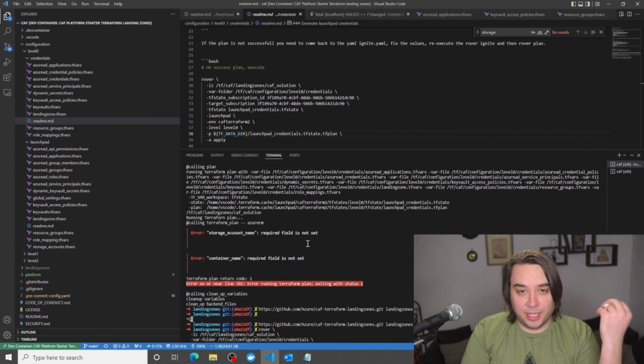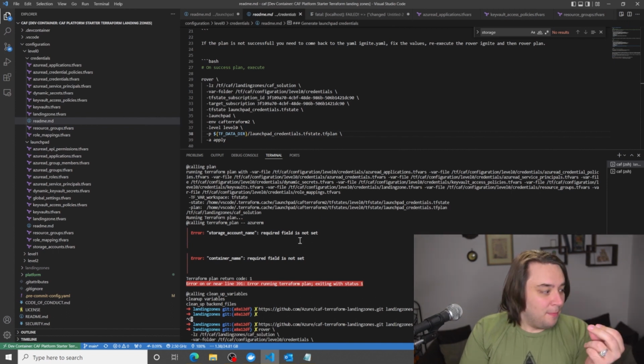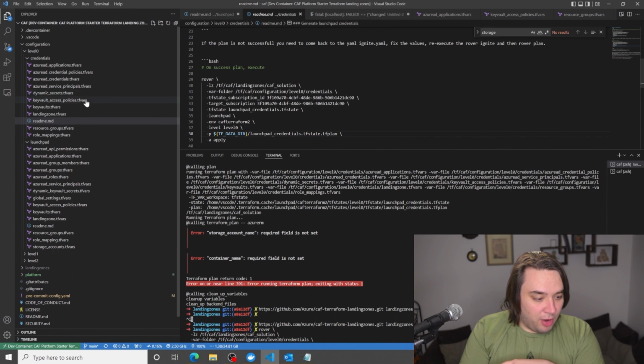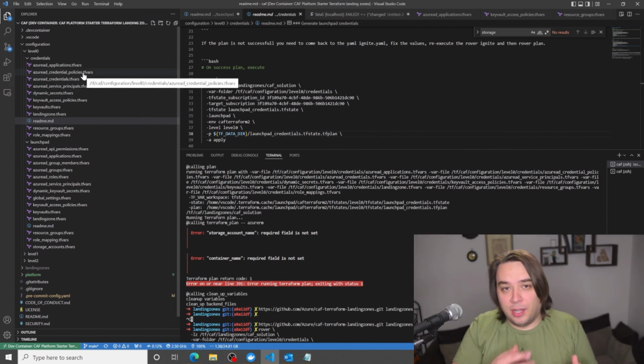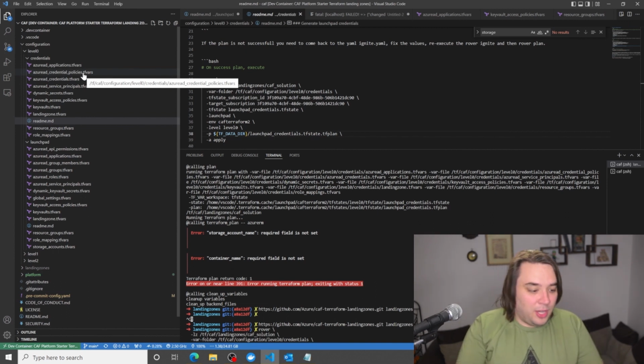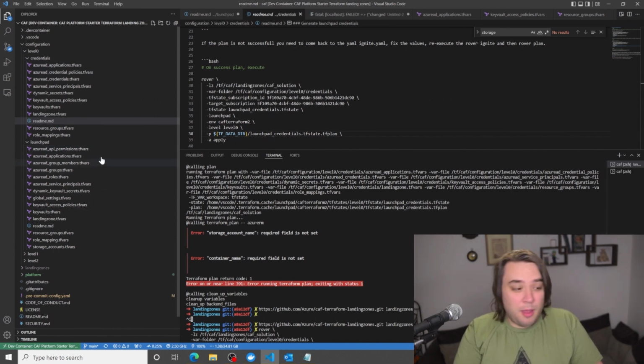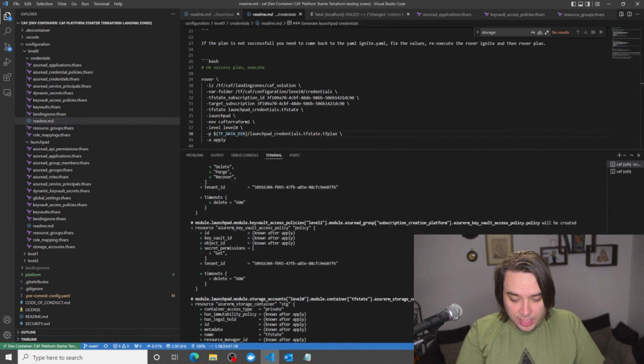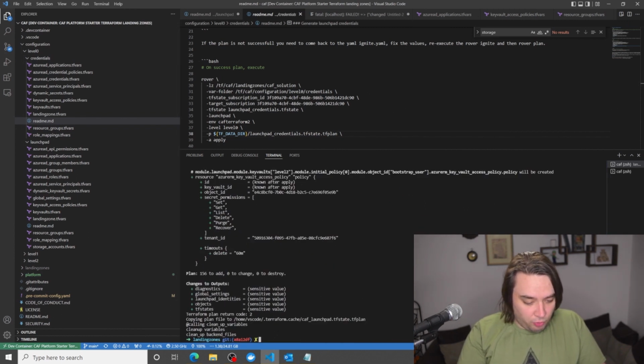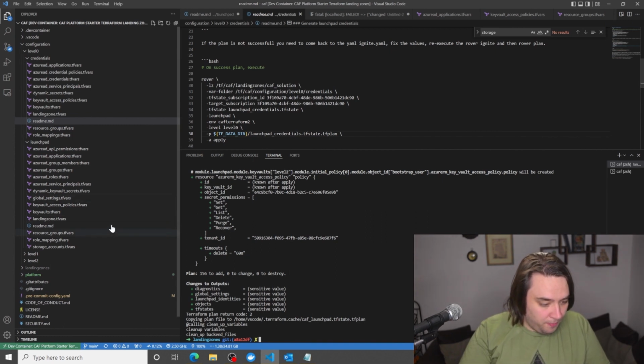The reason behind that is that I have not actually run the correct level 0. There are now 2. When I was working with it, there was only 1. So now there are 2: credentials and Launchpad. Launchpad has to run first before you run the credentials. So let's just go ahead and run the credentials.